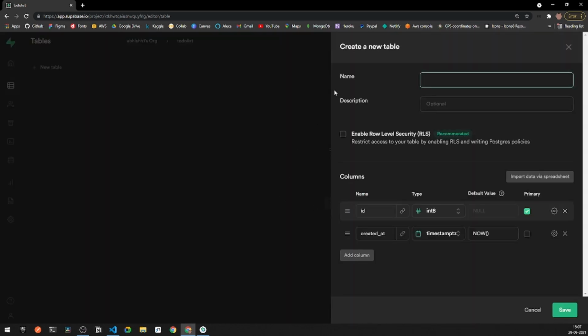So what I will be doing, after tapping over this button of create a new table, the following interface will be up and ready. Under this, I will be writing a database name. So here I can say todo DB, or you can say any sort of thing. You can also enable row level security so that only selective people who are authenticated will be able to fetch and add data under a database. But for now, this thing is not required, so I will be leaving it unchecked.